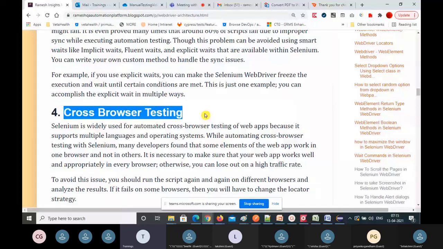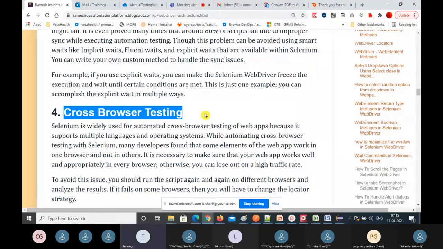So you need to analyze why it is failing and what the reason is, to make sure that your web application works well in all the browsers. If you are not able to solve that problem, it's going to be a problem, right? What you can do is run your test cases on different browser and operating system combinations multiple times. Then analyze those results wherever it is failing. If you run only one time, you cannot analyze that. Make sure you run multiple times.